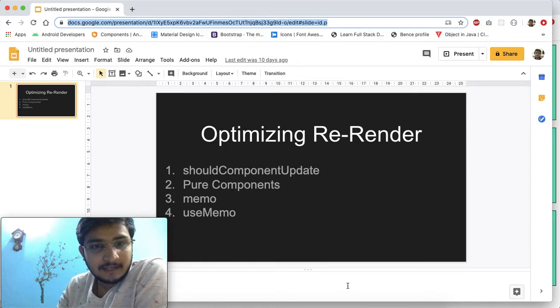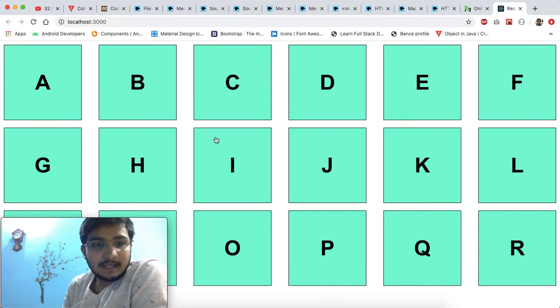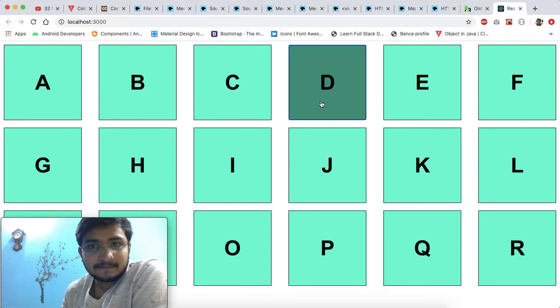For this session I have created a project. As we can see here, it is a very simple React app. It is a wall, and the wall consists of several bricks. Every brick has a name and an ID associated with it, and if I select a brick, it gets selected, and if I click on it again, it gets deselected. Now if I look at the code,